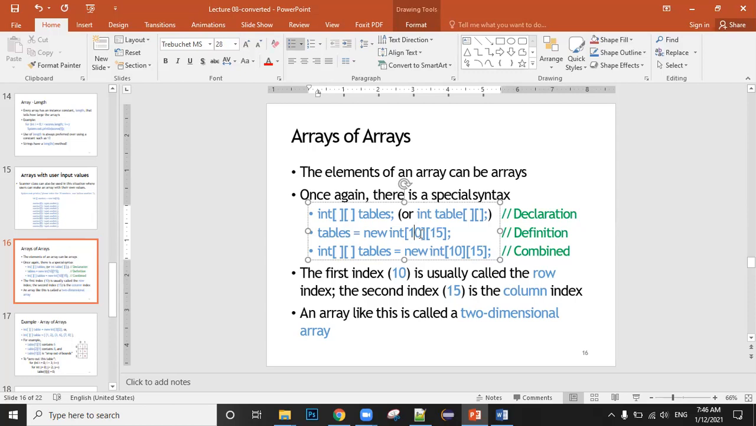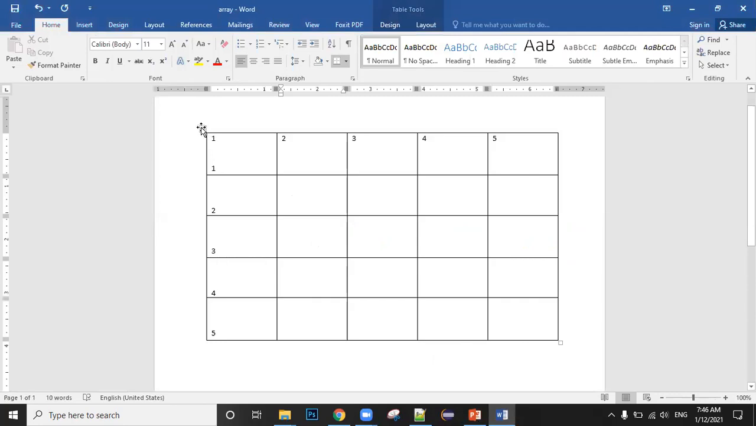10 means the number of rows, 15 means the number of columns. So for an example, this is a table of 10 rows and 15 columns. If I draw this one,